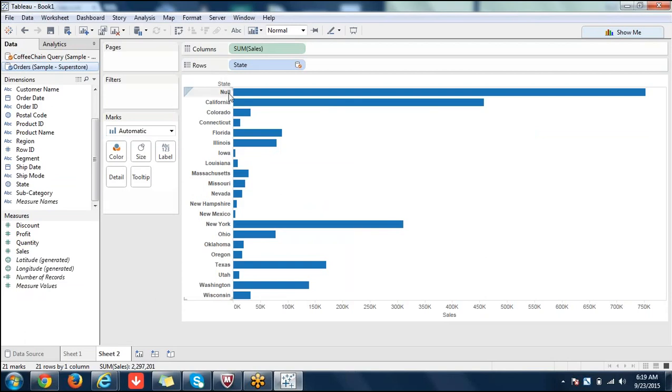Here null values are displaying only because Superstore is our primary data source. That is, you can take it as table A. Table A left outer join B. Here B doesn't have as many records as A, that's why all those values are showing as null values. Those values which are not there in coffee chain are showing as null values. This is similar to left outer join, but it's not a join, it's a blending.